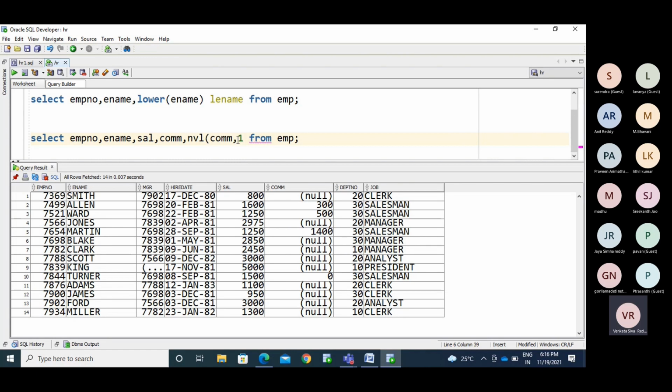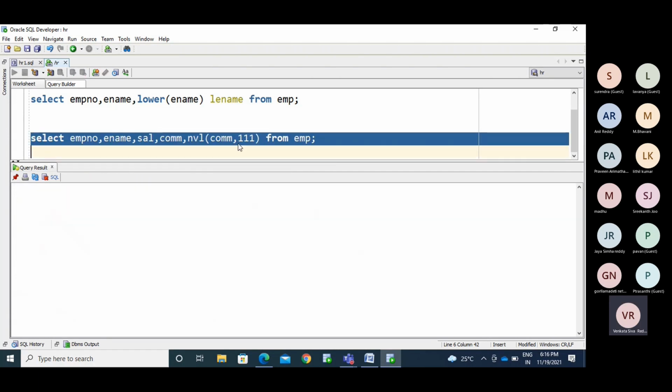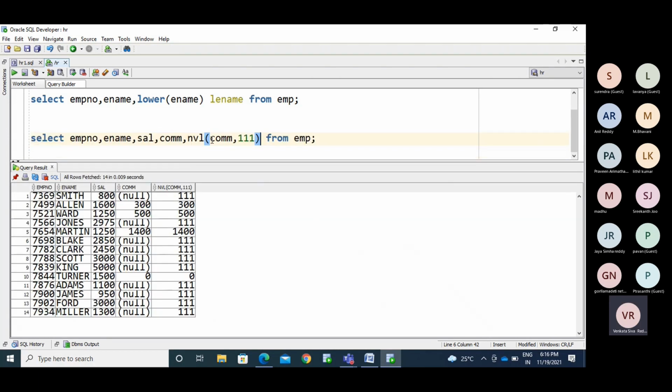So see here, I'm passing it a triple one. So what will happen here? In this commission column, for the employees who do not have any value, we are displaying a triple one.